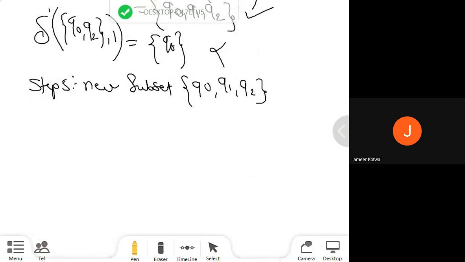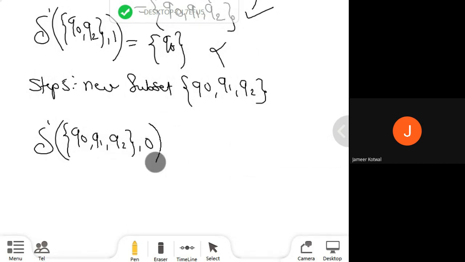Same process. 0 on all these 3 states, Q0, Q1, Q2. I'm going to process 0. Fine.